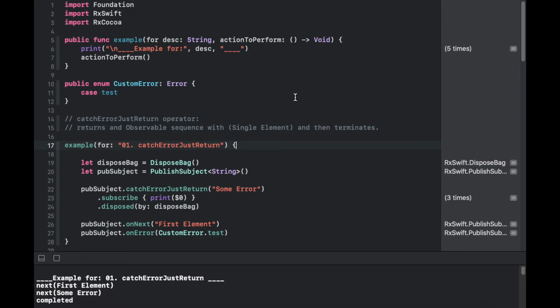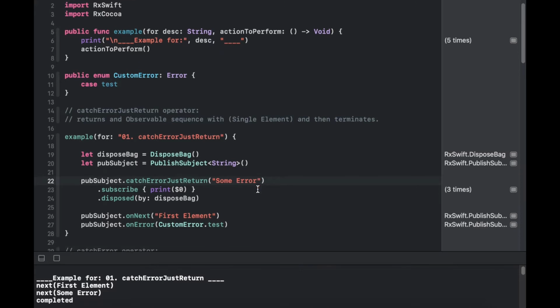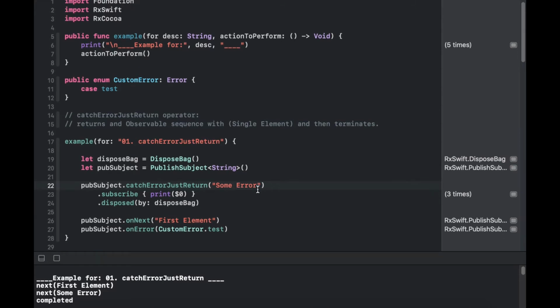In the example, from line number 17 you can see that we have created a PublishSubject and we have given it the catchErrorJustReturn operator. That means whenever the error occurs, it will emit this particular element, "some error", just after the error occurrence, and after that your observable sequence will be terminated.